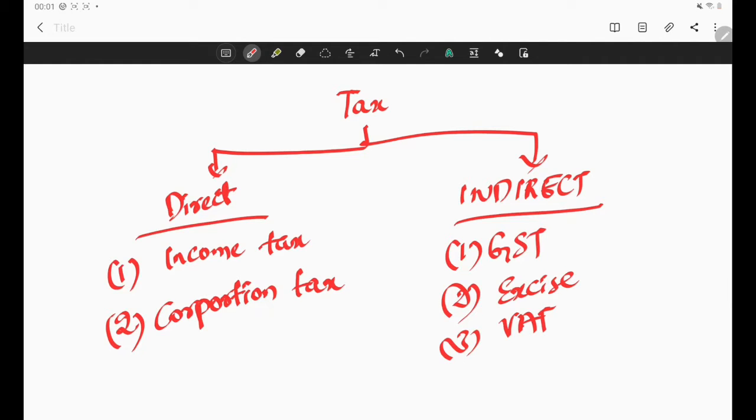So what happens once the taxes are collected? How can the government spend it? Let's say government has collected X amount of money. This X amount of money, government cannot spend all of it as it wishes. Our constitution mandates it to give, from this X amount of money, a certain amount of money to state governments. Let's say in this X amount of money, a certain percentage should be given to state governments.